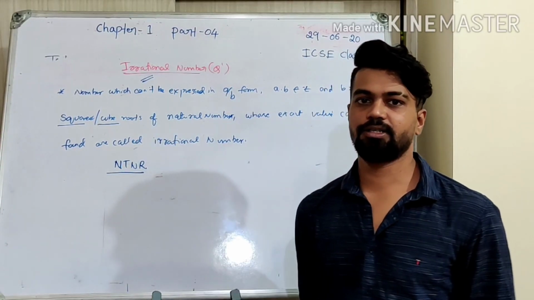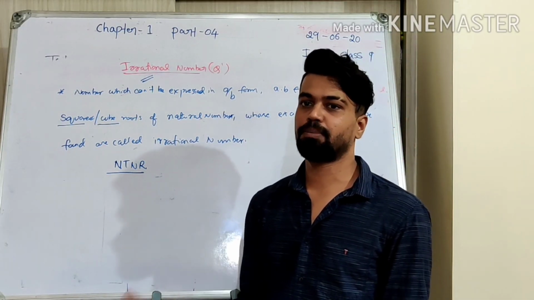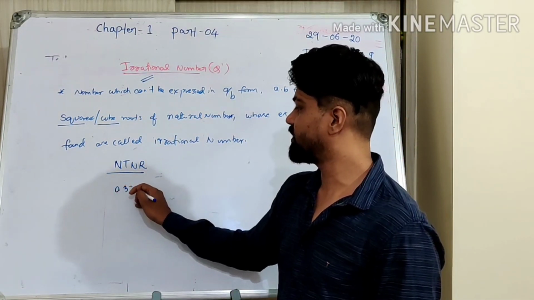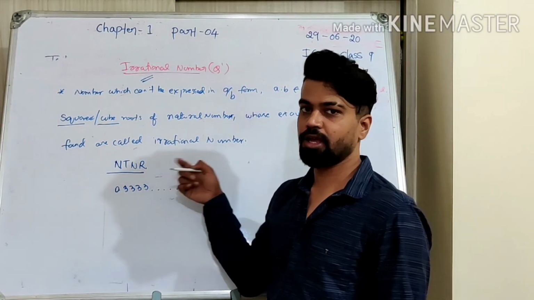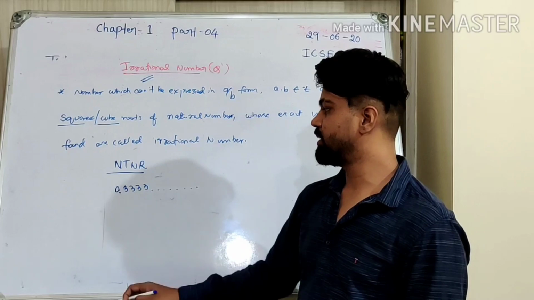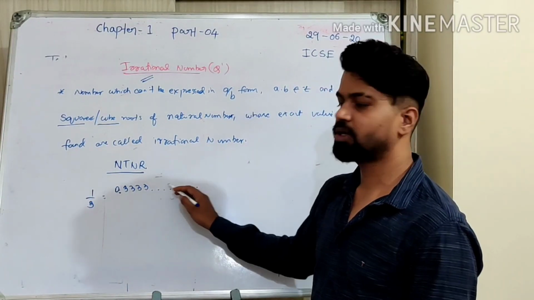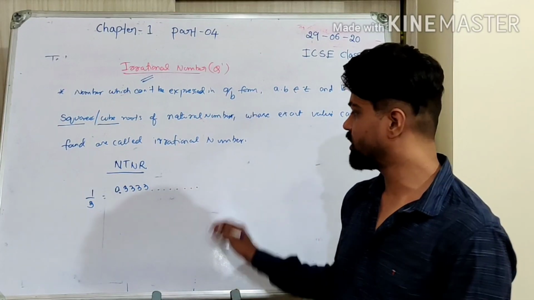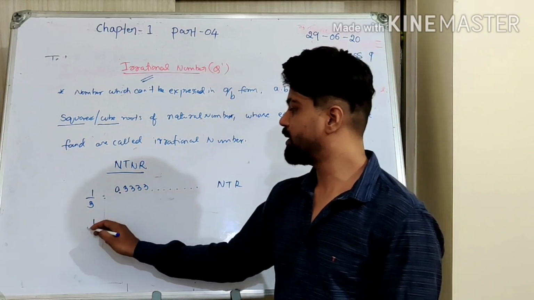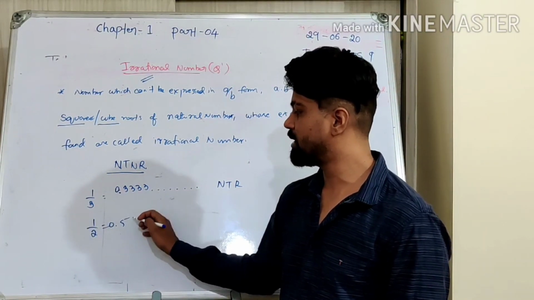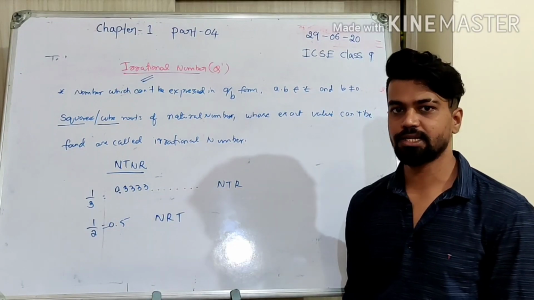If they terminate, it is easy, we can understand easily. If it is recurring, then also we can understand completely, like 0.3333, which is a non-terminating recurring number. Even though you cannot completely write this number, the value of this is 1 by 3. Why? Because we know what is going to come next. So that comes under rational. Okay, 1 by 2 is a terminating number. A terminating number is also rational.